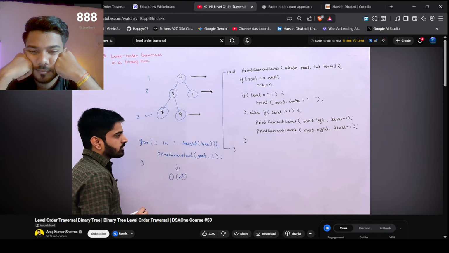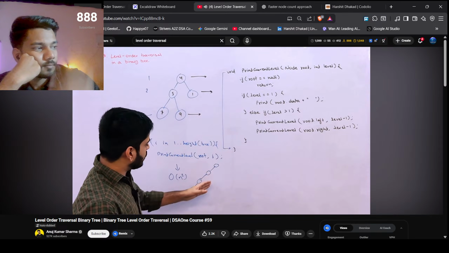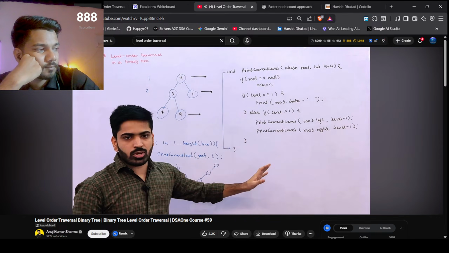वर्स्ट केस के अंदर अगर सपोज करो आपका ट्री कुछ ऐसा स्क्यू ट्री है, ठीक है, जिसके अंदर सारी सारी बस लेफ्ट लेफ्ट लेफ्ट लेफ्ट चिल्ड्रन है, तो उस केस में ये बिग ऑफ n स्क्वायर जाएगी इसकी टाइम कॉम्प्लेक्सिटी। तो इससे हम ऑप्टिमाइज कर रहे होंगे, लेकिन एक बार जब समझते हैं कैसे काम कर रहा है ये।